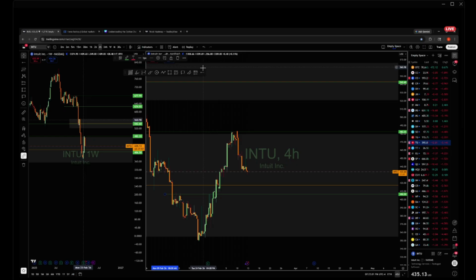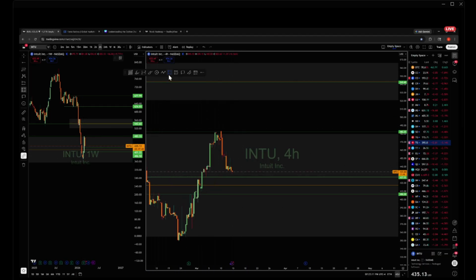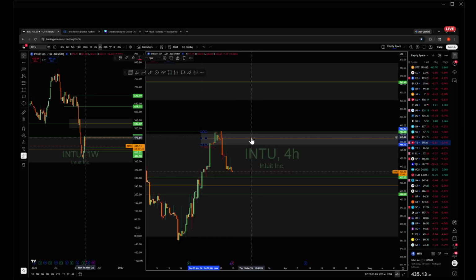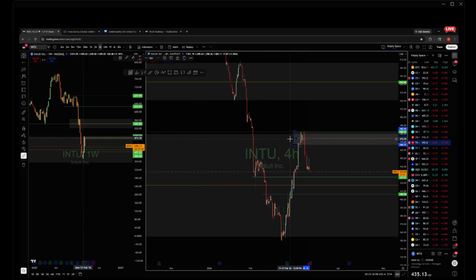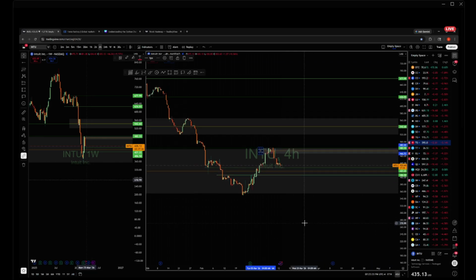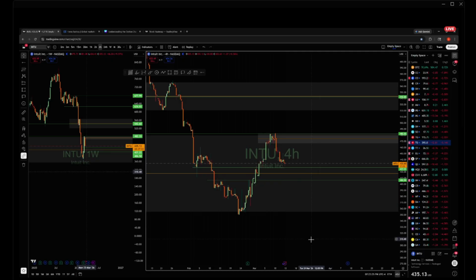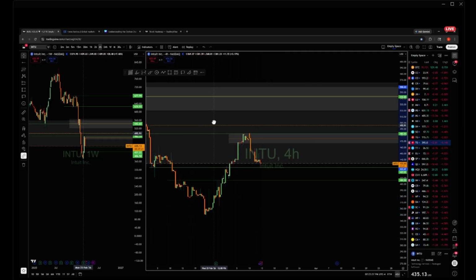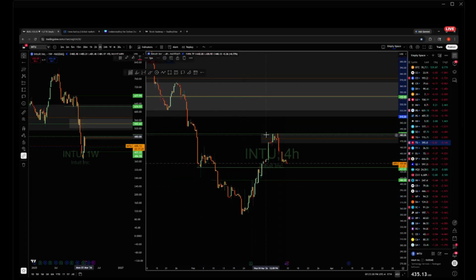That's likely a touchdown area. I also see this right here as well, which is also the floor of this box right here that we've already punched through. But more importantly, I can see that this is our guidance system, right? Our signal system. This gets you up and gets you out. Now, anybody want to guess what I'm about to do next? Since I'm looking at this wild flow in price,